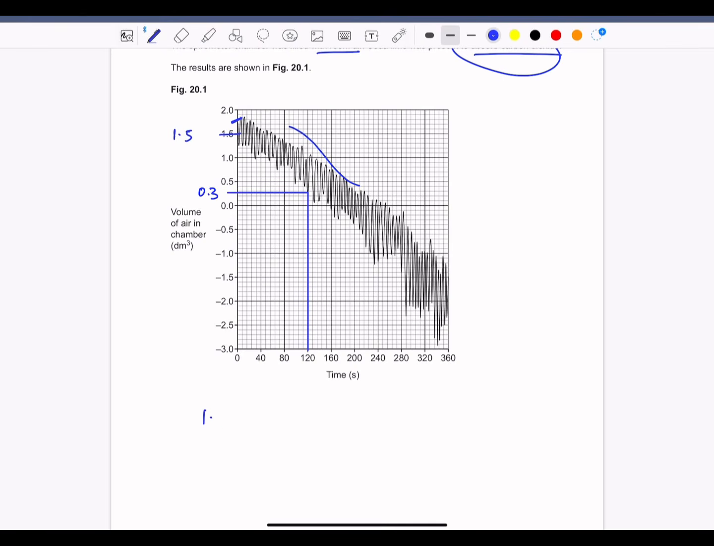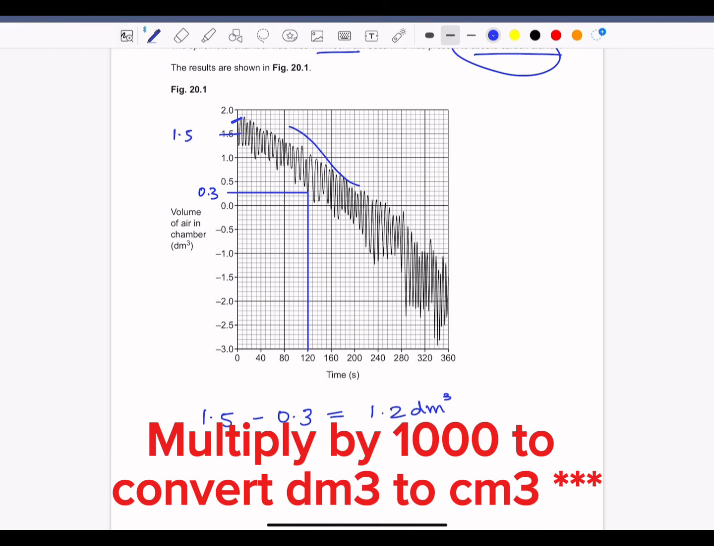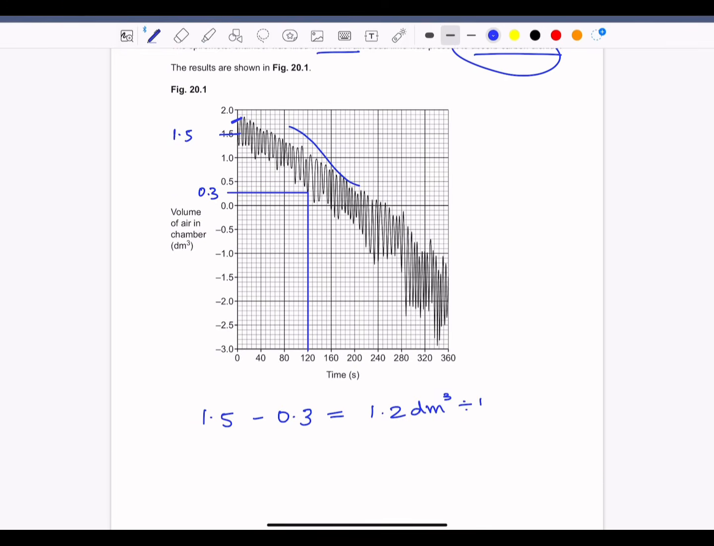So you could do 1.5 subtracted by 0.3, which is equal to 1.2 decimeters cubed, but they wanted it in centimeters cubed. We could divide this by 1,000. And then per kilogram, divide all of this by 75 kilograms. Now, here's a quick catch: this value that I told you, which is 1.2, is actually outside of